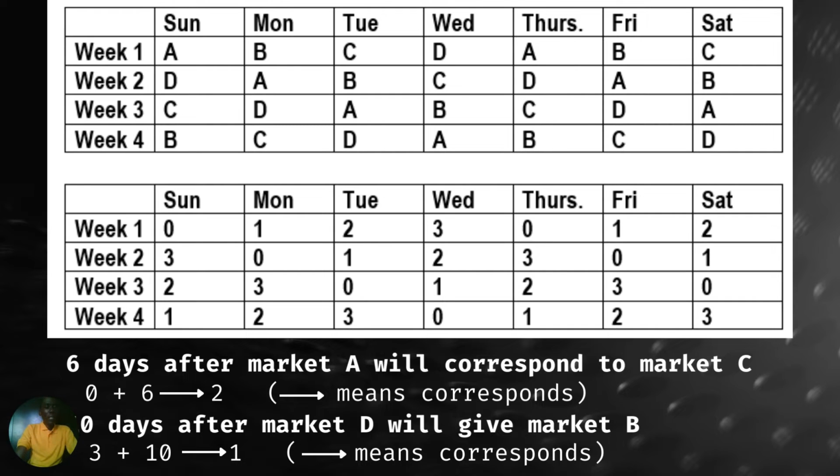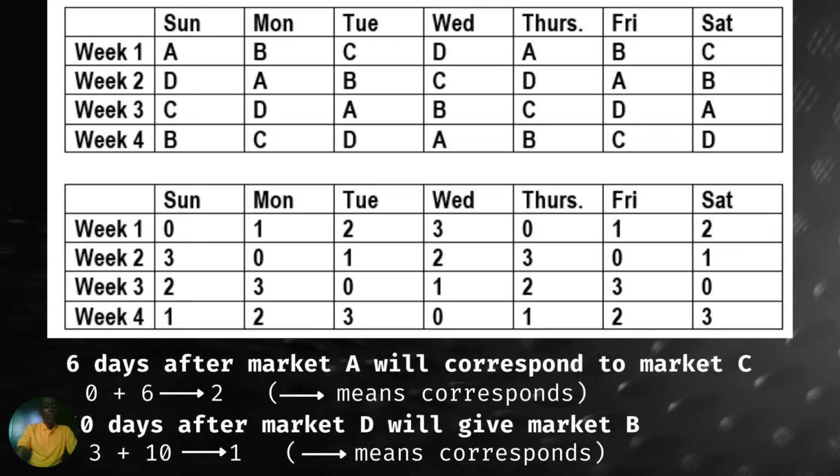It begins again: A, B, C, and what? And D. The next week, it begins A, B, C, and D. A, B, C, and D the third week. Now, each of these market days starts with what? With a code. Once you understand this table, then you will be able to understand what modular arithmetic is all